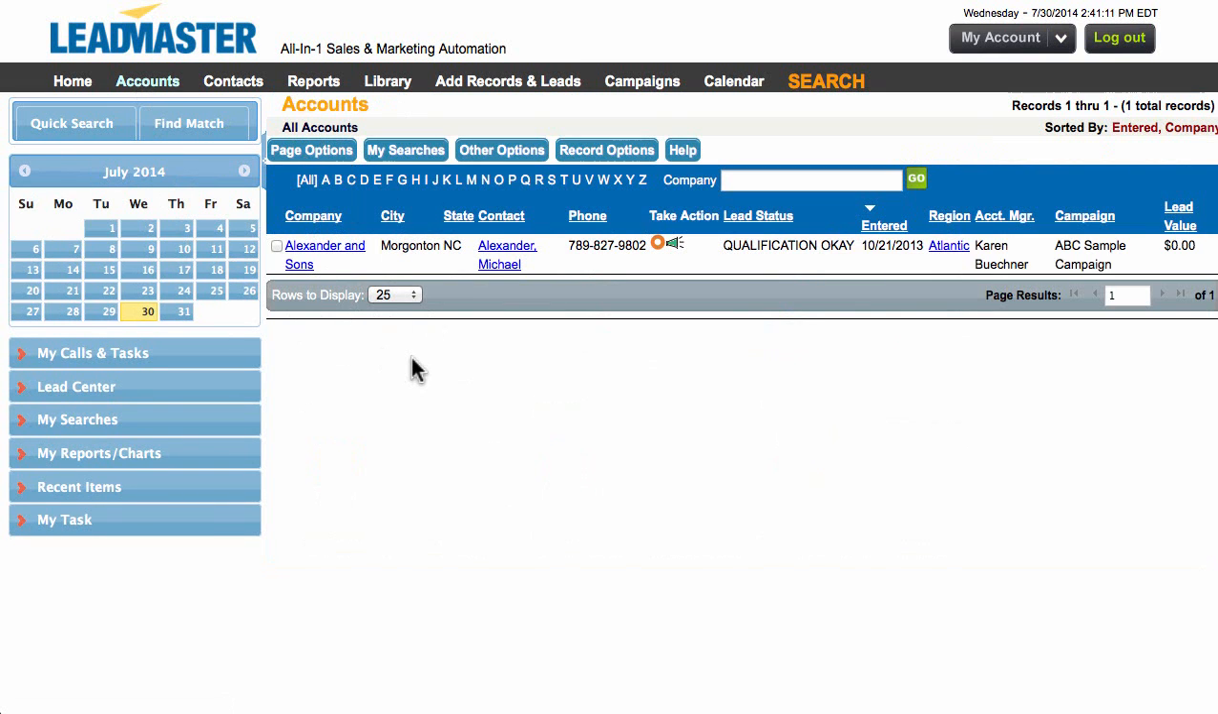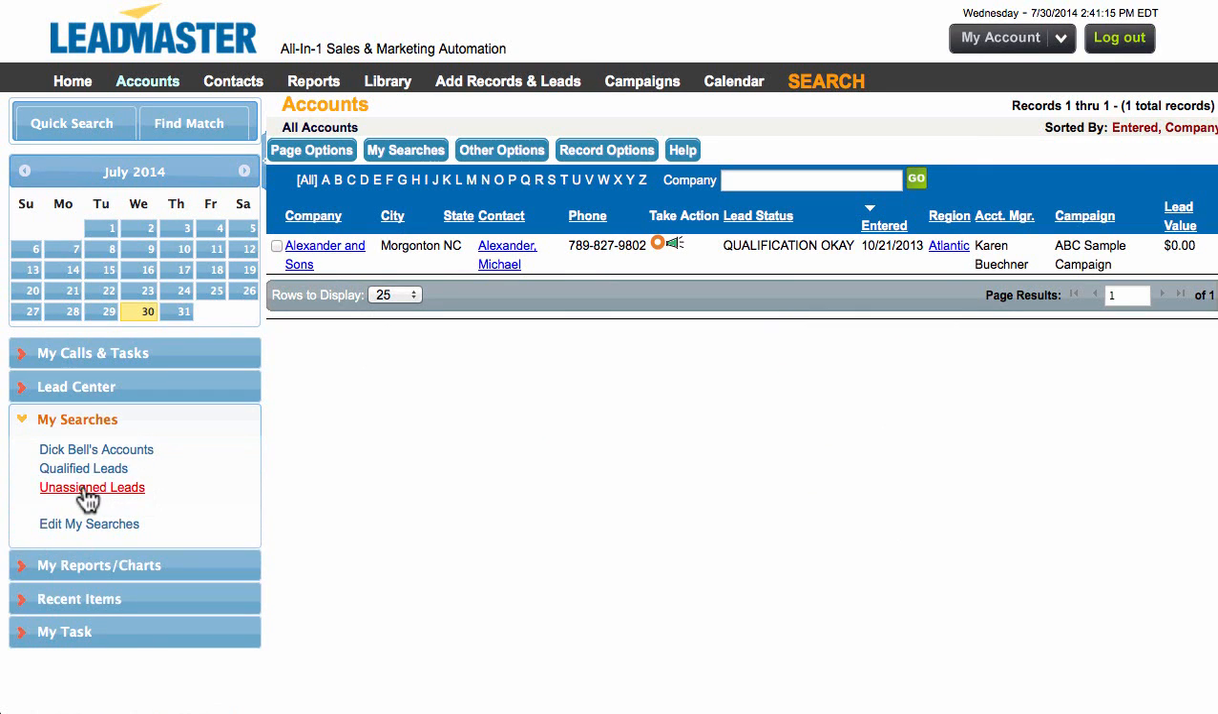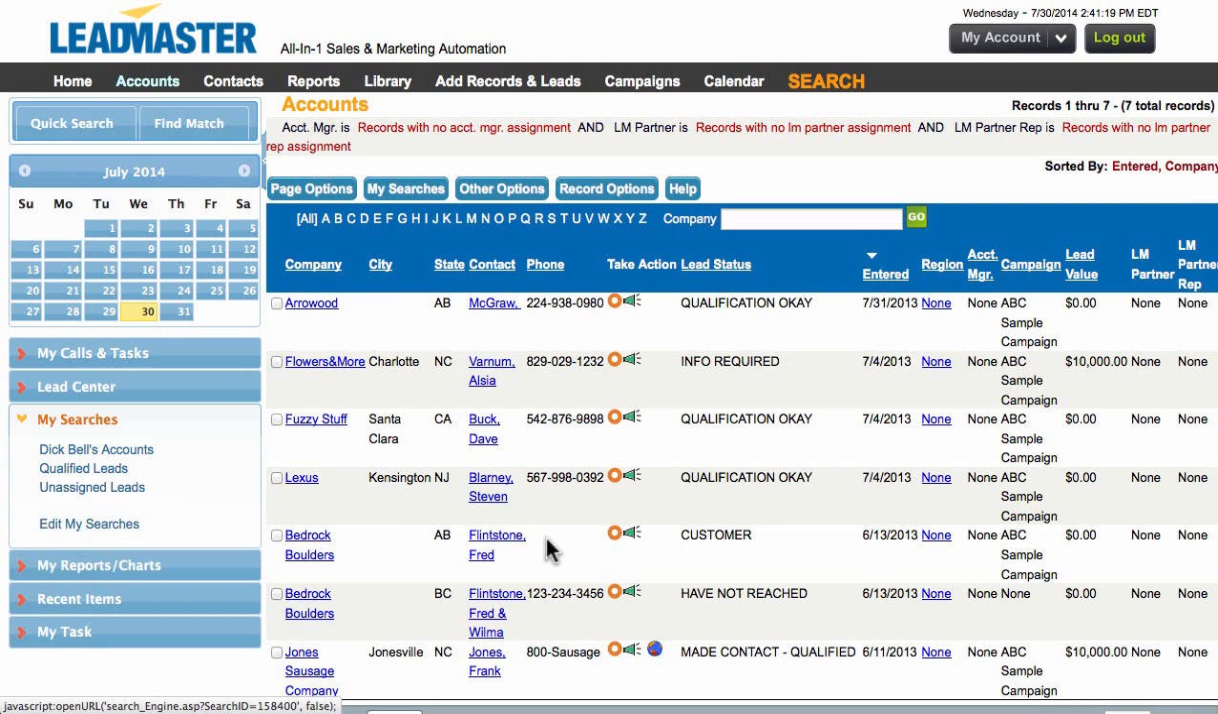Currently, I only have one account in my system, but when I go to my searches and I have unassigned leads here, I can click into that search and I can assign myself to these leads. You can see here that the account manager currently says none. So I'm going to choose the first one from the list,